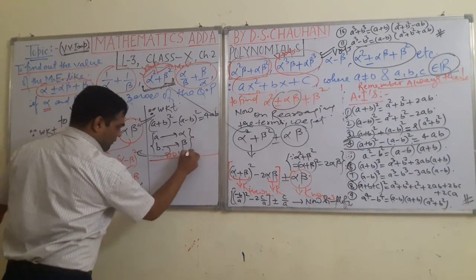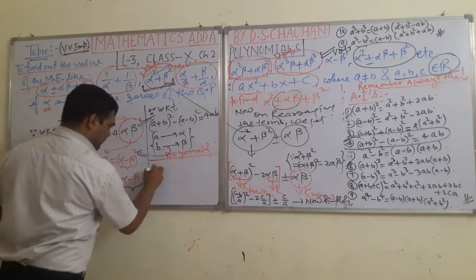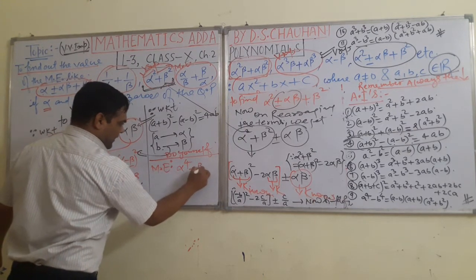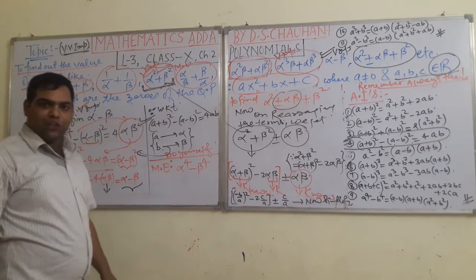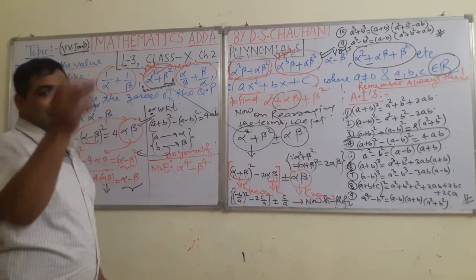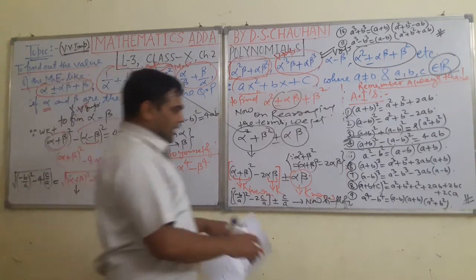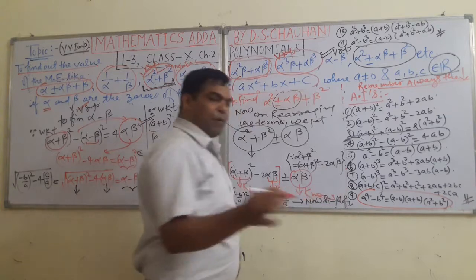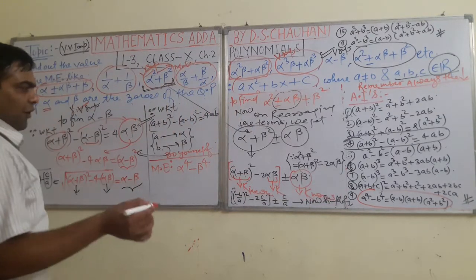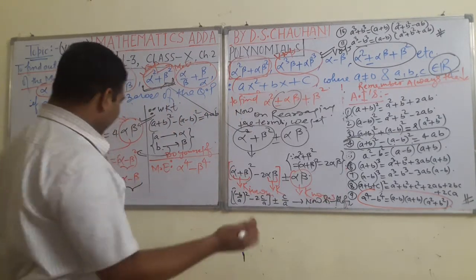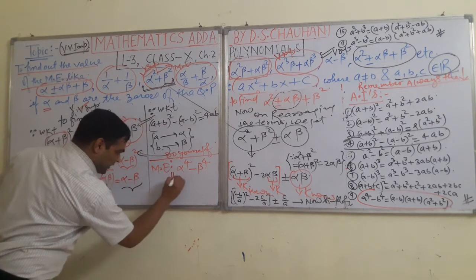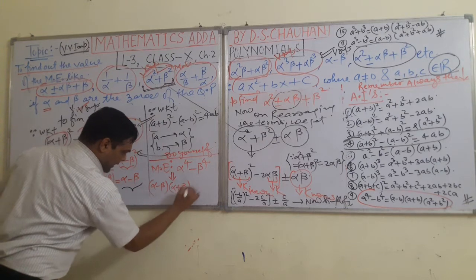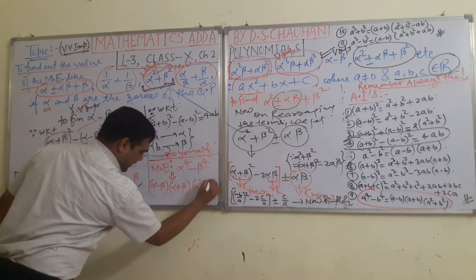Do this yourself. The mathematical expression here is alpha to the power 4 minus beta to the power 4. Can you do it? Students, why not? You can do it. Look, here I have written the identities. This a to the power 4 minus b to the power 4, very easily you can find out. See, so this can be written as what here? Alpha minus beta, alpha plus beta into alpha square plus beta square.